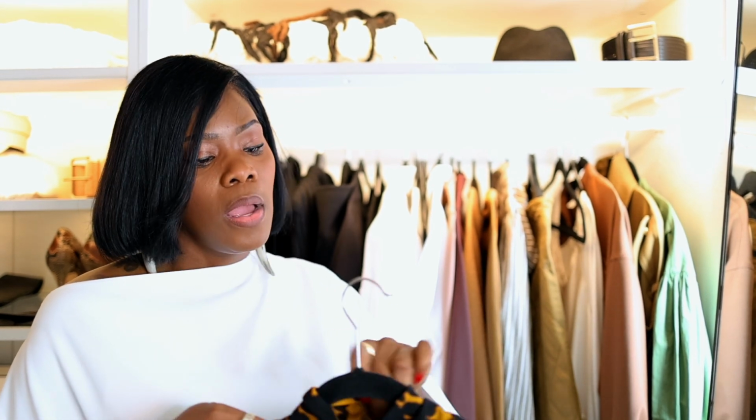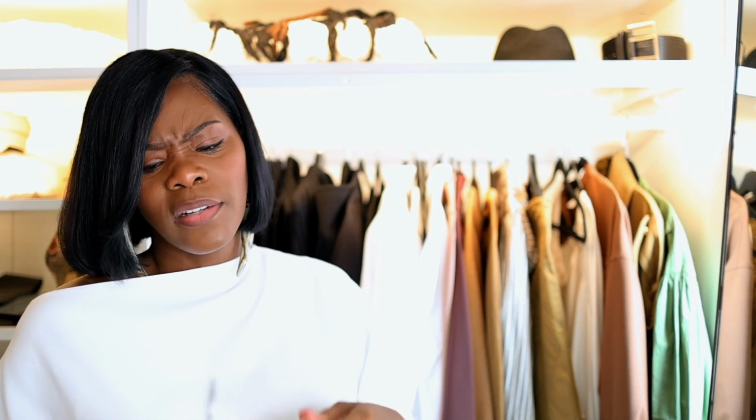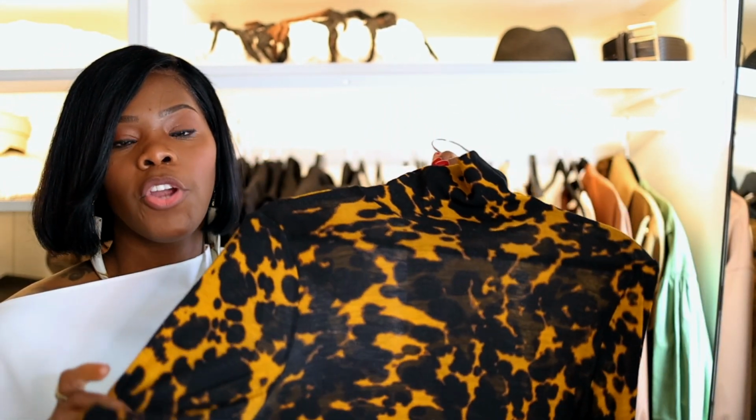It's mixed with merino wool, great quality. Their stuff is not the cheapest. It's not like H&M prices or anything like that, so you are going to pay a little bit more, and it's more than Zara, but way less than Max Mara, if that makes sense. But classic turtlenecks,